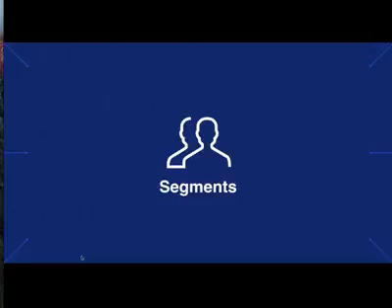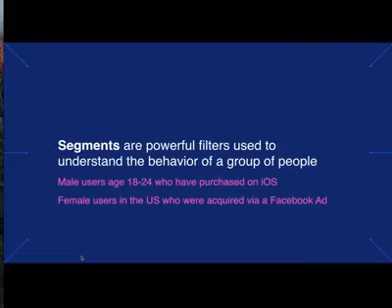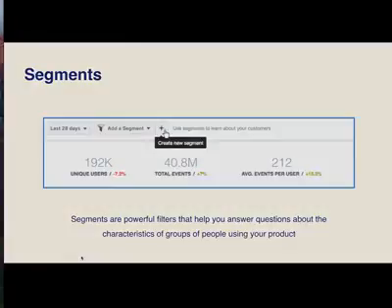So segments. Segments is probably the most powerful feature in the whole product, and think of segments as filters. So the first example here is male users aged 18 to 24 who have purchased on iOS, or female users in the US who were acquired via Facebook ads. And the way to create a segment